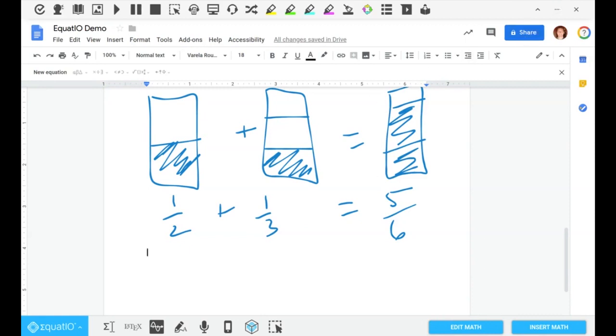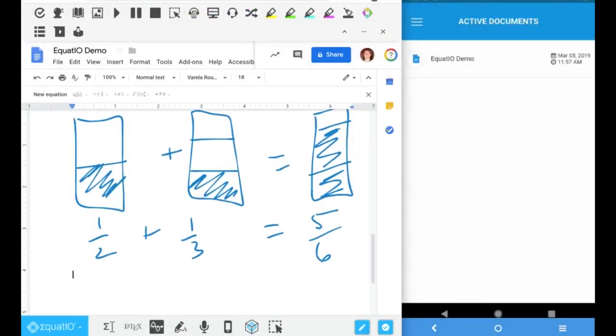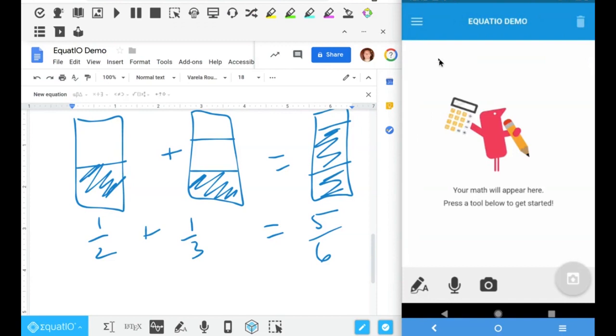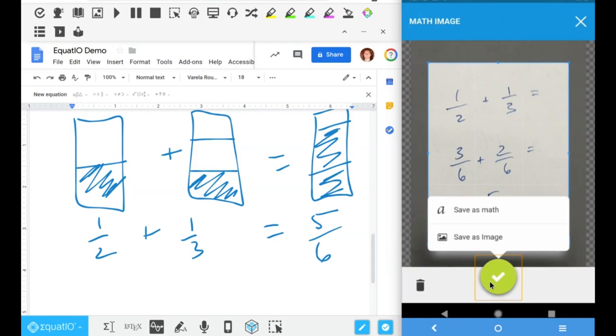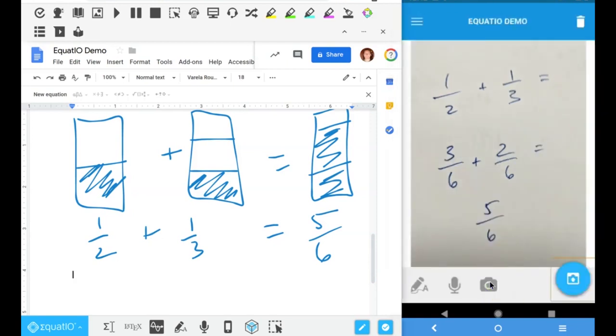Also here, I'm going to show you on my phone. So when I hop over here, and if I use my mobile device and click on this, this is my Pixel phone, it's an Android device. If I click on that, now I can utilize the different tools here. So if I use my camera, this helps me. I had so many students who like to write things down on a piece of paper. So I get access to my camera. I have math. I literally just take a picture, and now I can submit that image if I want and put that into my Google Docs.